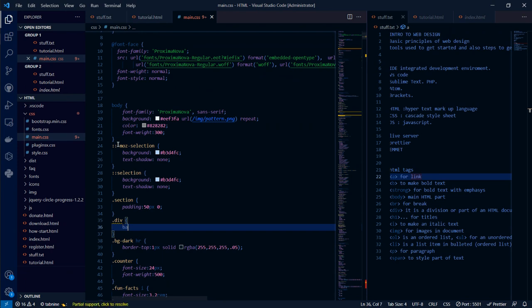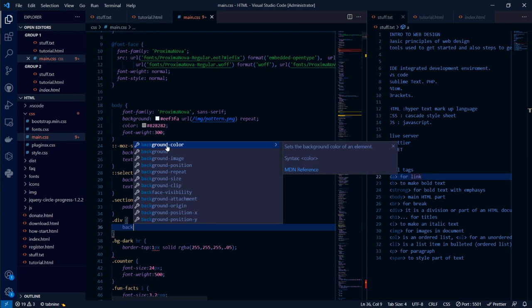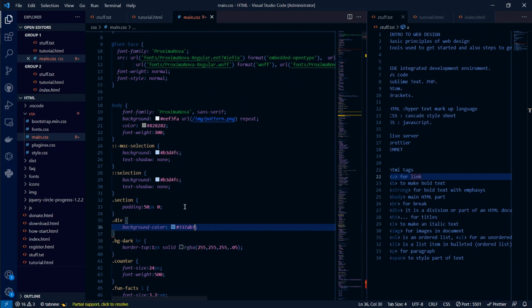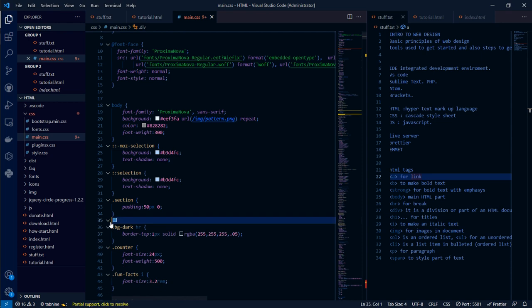So you want your background to be red. It also helps you automatically complete it. So you just pick what you want, background color, whatever color you want you can make your background to be. So you can change it like that. So I want you to understand that this is how that works. But note that you can only make it work when you've named the div.